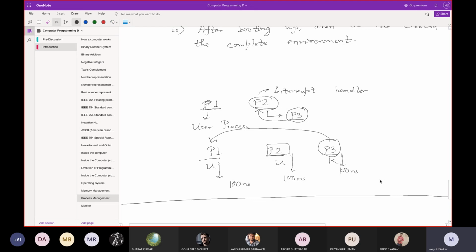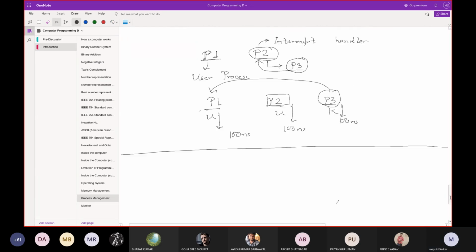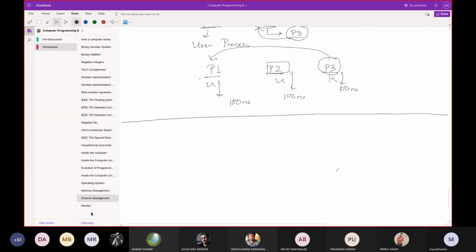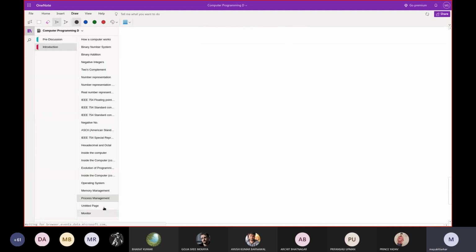Okay, so now I'll discuss the next concept. Though I have already discussed a huge part of this concept, so it will not take much time. That is device management. Now see, just what I have written there.